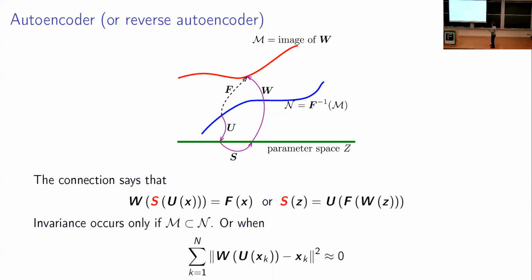That's obvious. But this must be the same as your encoder mapping to a parameter space, mapping forward with the low dimensional map, and mapping up with the decoder to the image. So this is for sure, right? This surely happens. So these purple arrows, but you cannot really guarantee that this n, the pre-image of the function, is the same as the image, because that would be actually when you have invariance, right? When F maps the manifold M into itself, right? And then it would make things